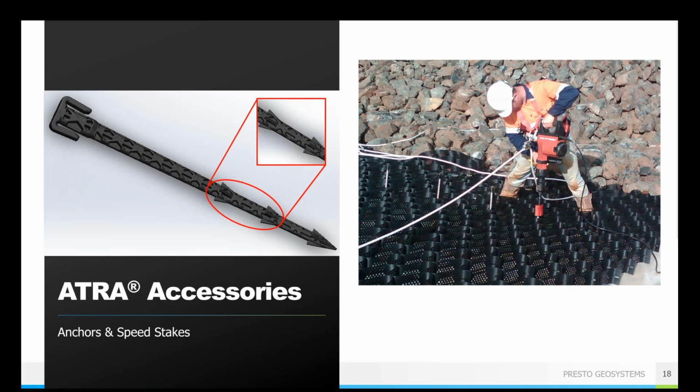The Atra Speed stakes with the GeoWeb system make sure that your system is completely plastic. You don't have any of that touch step potential, so it's an added benefit for safety as well.